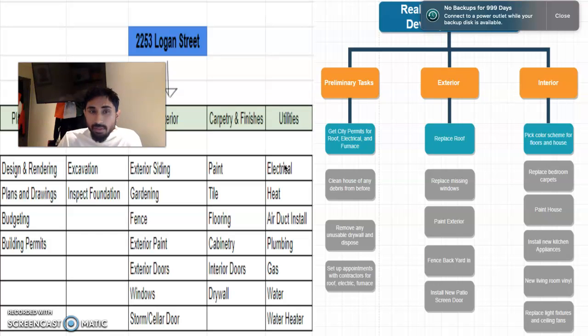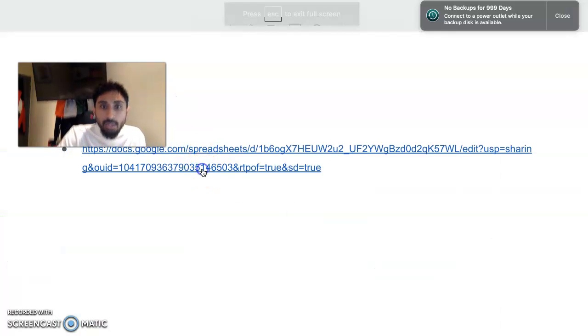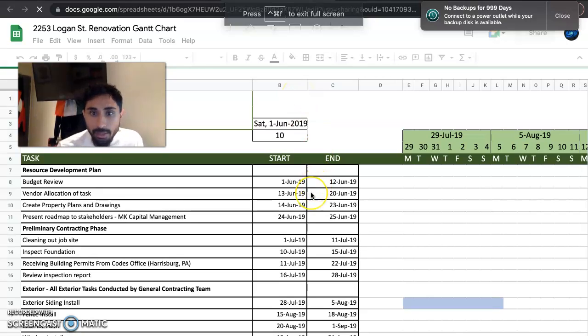A lot of the utility side deals with getting a city approval and a city permit to be doing those things. So we're going to be needing specialists to do those. The PERT schedule, I made a little PERT schedule of some of the high level tasks that need to be taking place. Gantt chart, it was hard to fit in a screenshot, so I kind of made it right here,